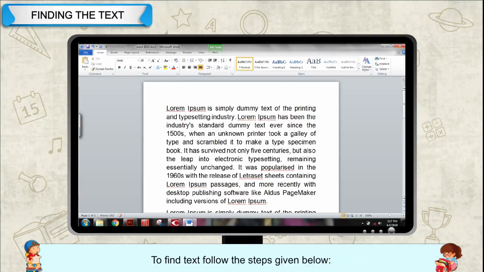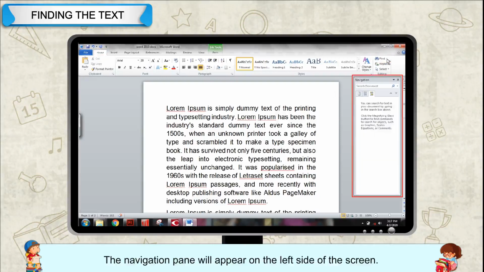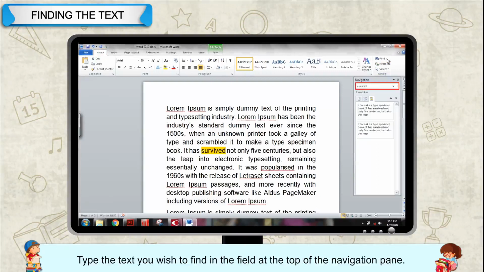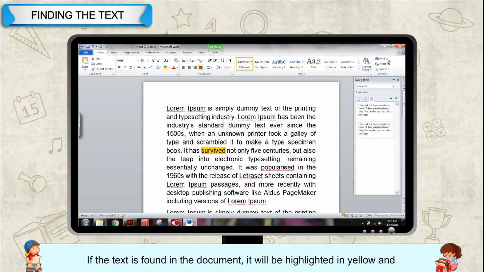To find text, follow the steps given below. From the Home tab, click the Find button. The navigation pane will appear on the left side of the screen. Type the text you wish to find in the field at the top of the navigation pane. If the text is found in the document, it will be highlighted in yellow, and a preview will appear in